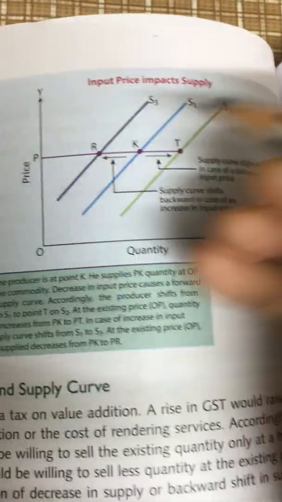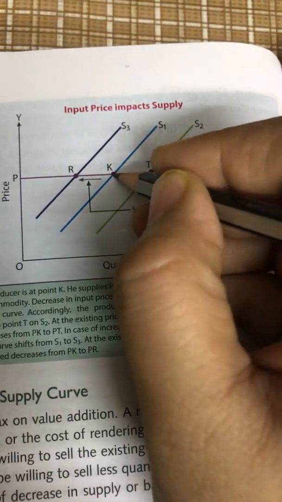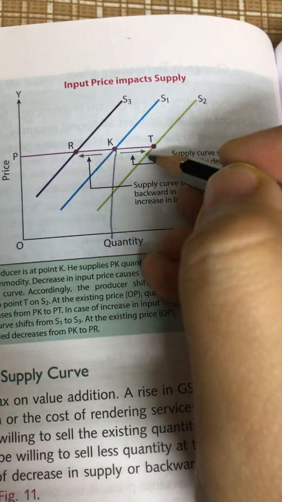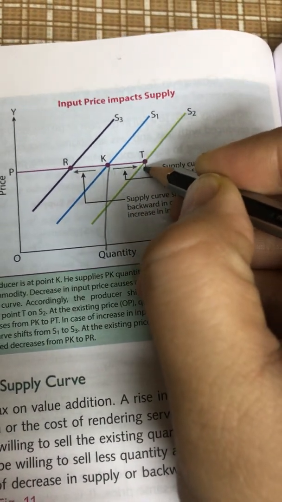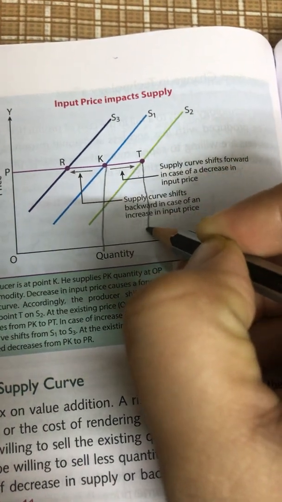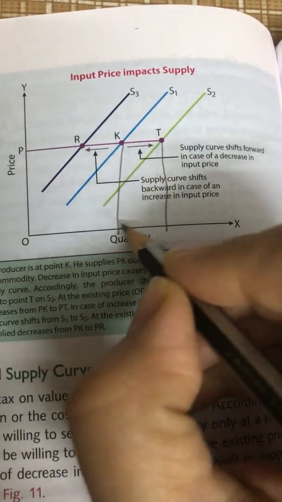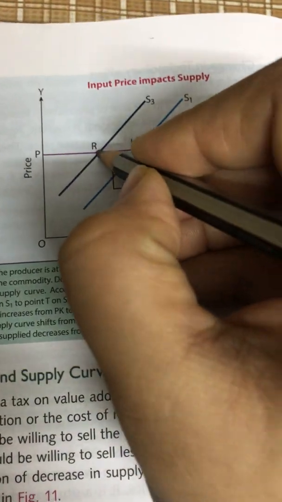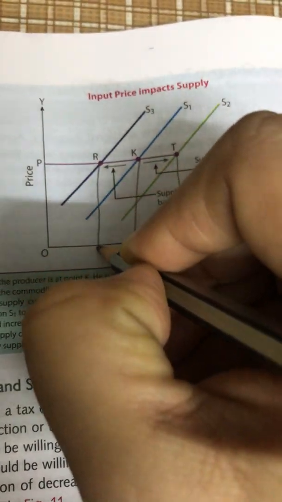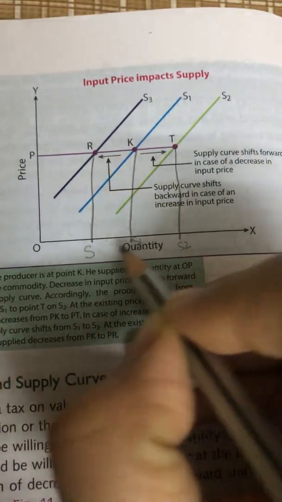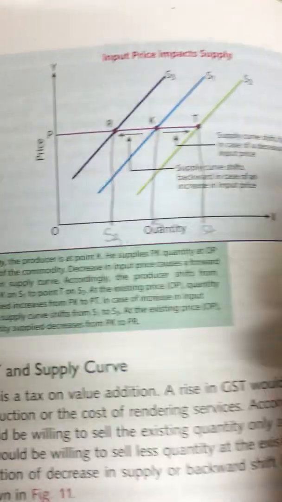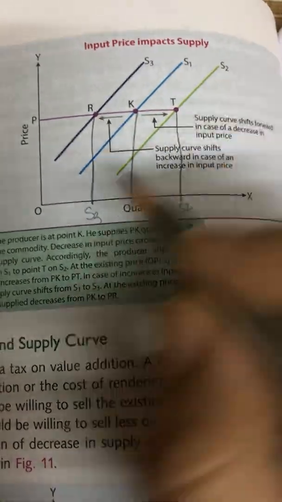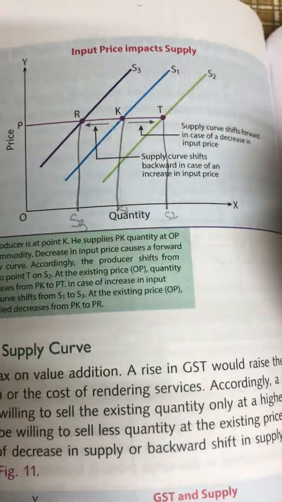Now, children, in all the diagrams, they haven't drawn the corresponding lines. So it's okay, but even if you draw a line, you would be more clear with the quantity. You can say that this is the original supply, and if there is a decrease in input price, then your supply increases from OS1 to OS2, and if there is an increase in input price, then your supply is going to shrink from OS1 to OS3. If you draw the corresponding lines, you can judge the quantity even better, right?